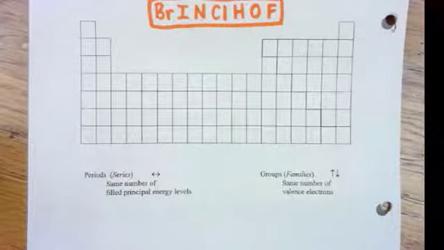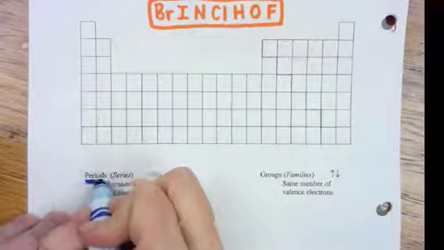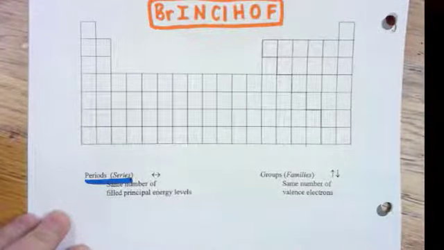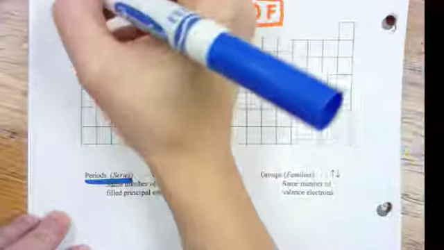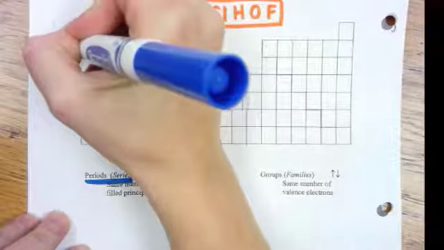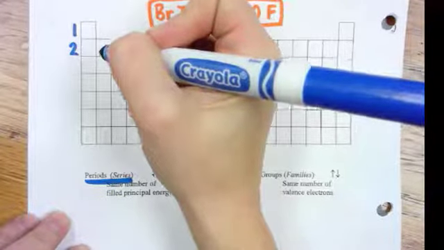On this last periodic table, we're just going to review 2 things: periods and groups or families. Notice that it says underneath, periods are otherwise known as series. Everything in the same period has the same number of filled principal energy levels, and the periods go left to right. So these are the rows. Let's go up to our periodic table and number those rows just like we numbered our energy levels when we did electron configurations. So row 1, 2, 3,